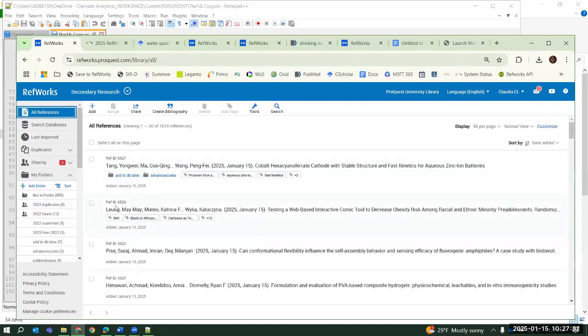And why would I want to organize things into folders? The very first purpose is, of course, to organize. The second purpose is to share this information with other people. So you cannot just share a reference with someone. You have to share it via a folder or a project. So what does that mean? So I'm going to use my 2022 submitted folder to show you